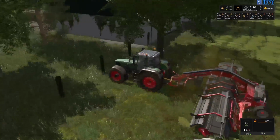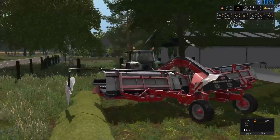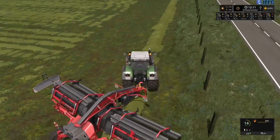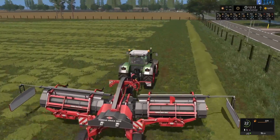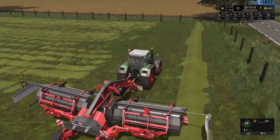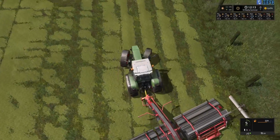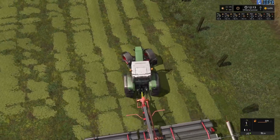Some of these fences do have collisions, like this one in front of me, that does. So again, we have to be careful. And the fences around the cows and the sheep, they will have collisions as well, but the fences bordering the roads and the fields do not. So it gives us a little bit of flexibility when working this area. And of course there are trees dotted around in place, and the trees do have collisions as well, so again we've got to be careful that we don't go into a tree. So we might end up with a very thin strip along the edge, or I might have to reposition the worker slightly, but